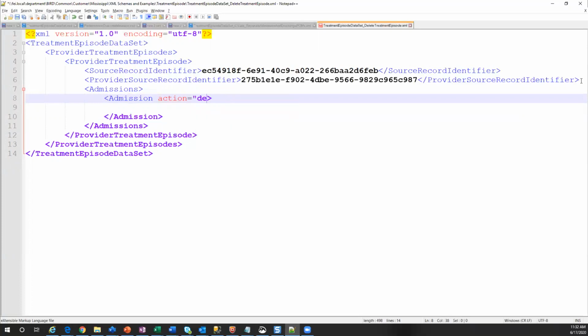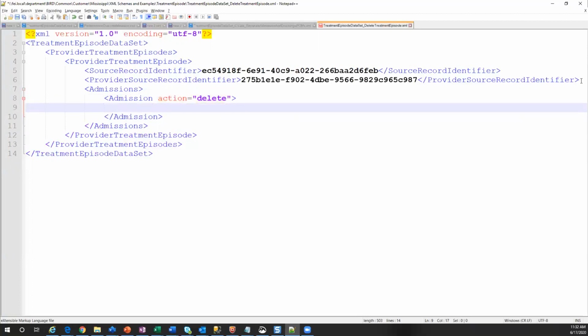I'm not sure if you need quotes, it's in the previous example. And that would be how you would delete the admission. So when you're doing a deletion, you have to drill down to the level where you can identify the particular